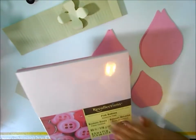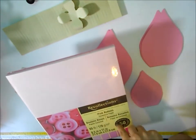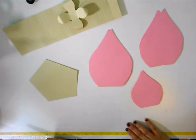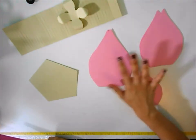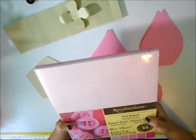And I love the colors, and it's very inexpensive. I got these packs at $2 each, so 50 sheets for $2. These flowers only take 5 8.5 by 11s, so 4 of the pink and 1 of this tan color. So if you get a pack like this,